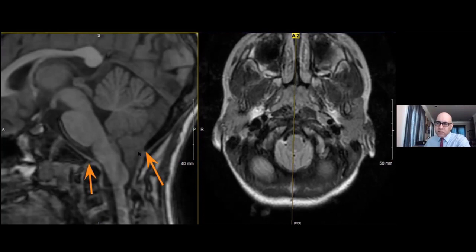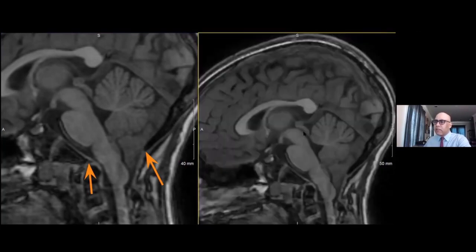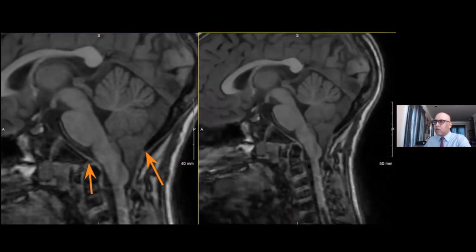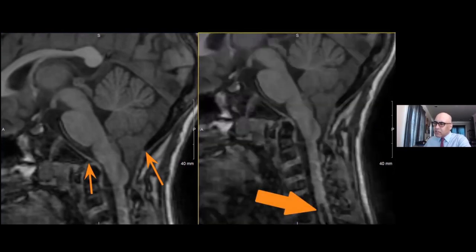So one of the things commonly that can be performed is a CSF flow study to look at CSF flow dynamics. An additional follow-up study can be imaging of the cervical spine. You may not have time to do them initially when you're first identifying this, but at follow-up you can. But beyond those findings, we need to look at all the images we have available, all the data we have available. And if we look in this sagittal image, we can actually see here